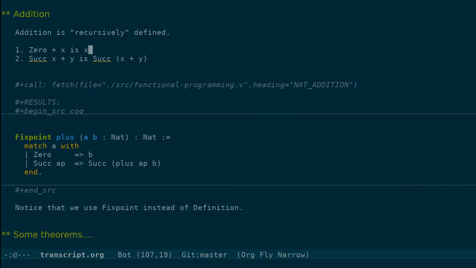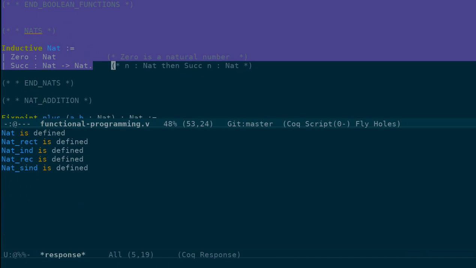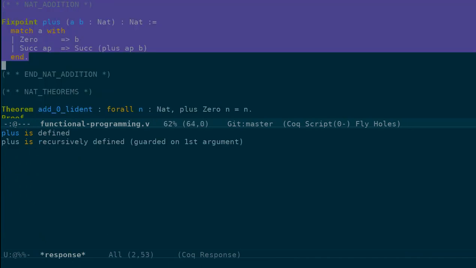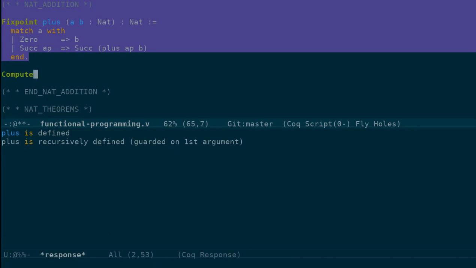So let's have a look at it. We have the natural numbers and natural addition. Let's try it out.